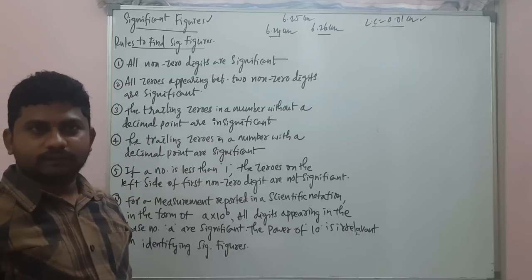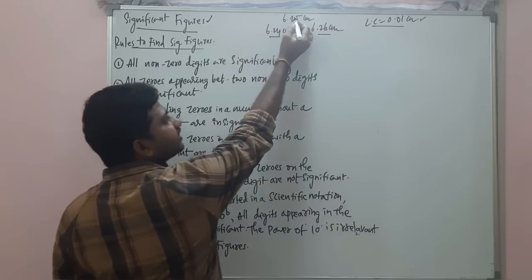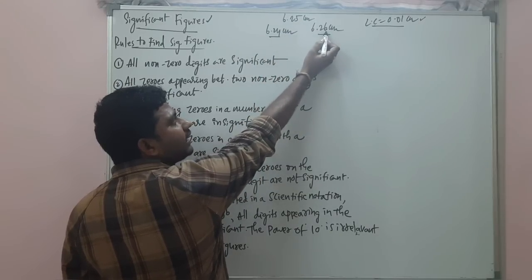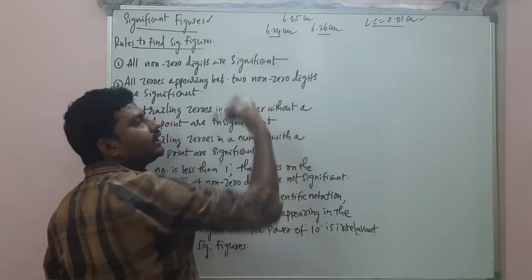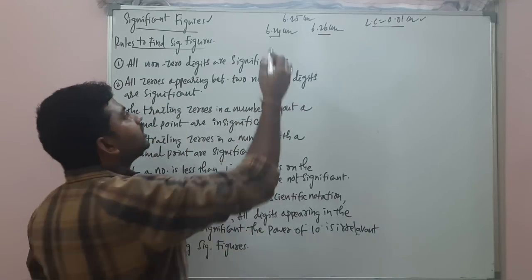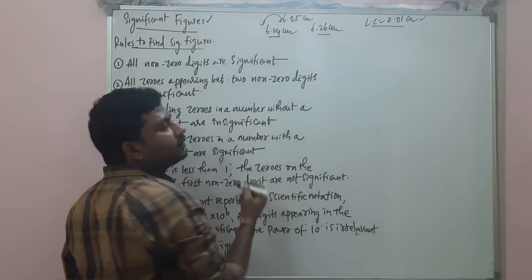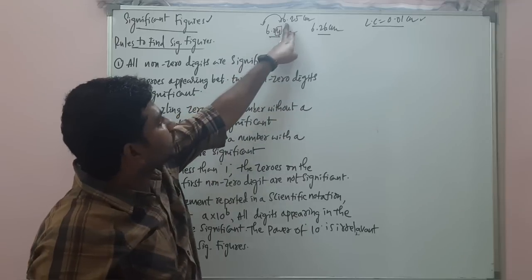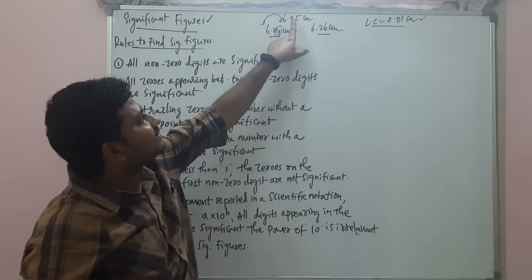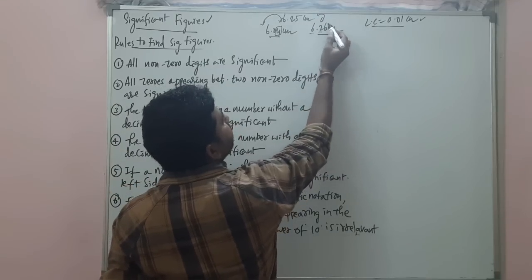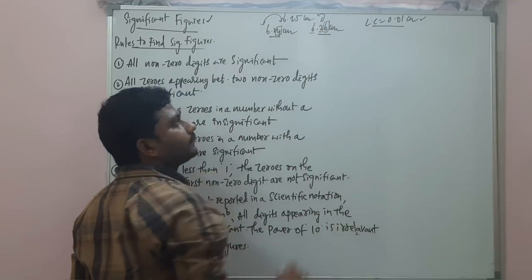So what does it mean? Actual measurement is this one, the first measured value is this one, and the second measured value is this one. If you closely observe the true value and the measured values, what happened? There is a change in the last digit. First two digits are the same, 6.2 is the same, 6.2 is the same. The last digit is changed. Here also, 6.2 is alright, but there is a change in the last digit.